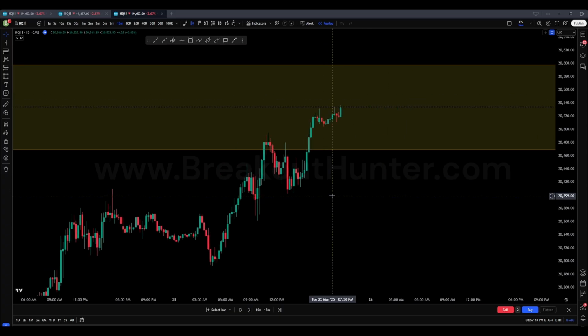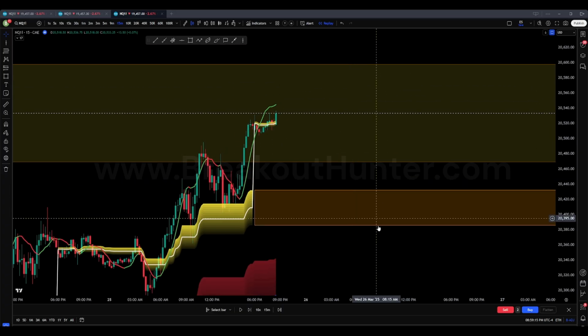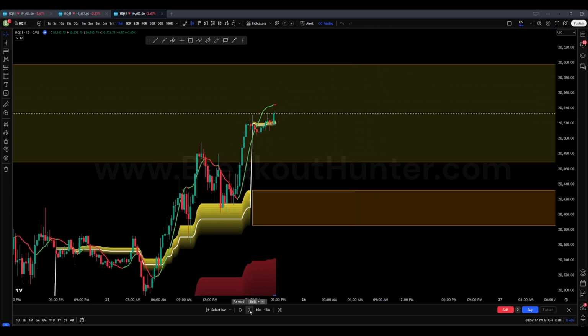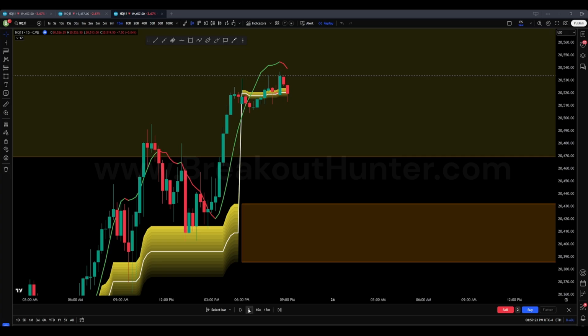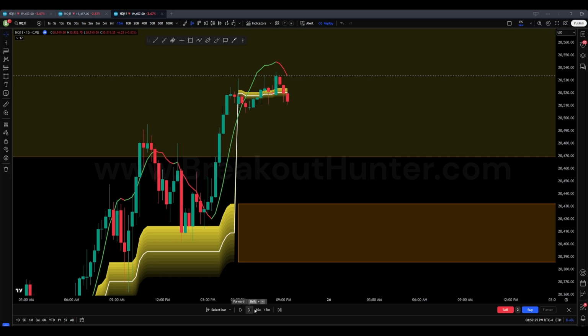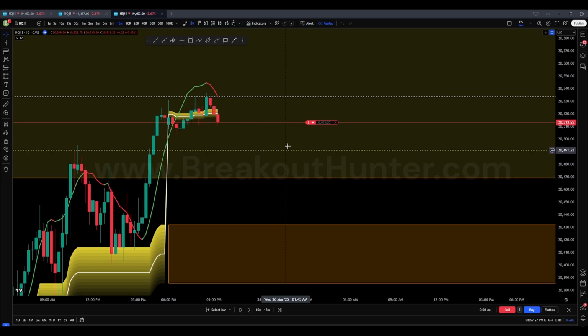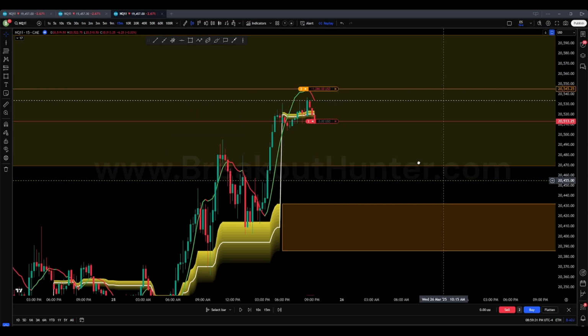If you're not just using limit orders and you're using market orders, you could get into this trade and put your stop loss, right? So we're waiting for it to come below the zone, obviously, and close below. Okay, so we sell, and you can put your stop loss at the beacon line right here, right? And then we're targeting